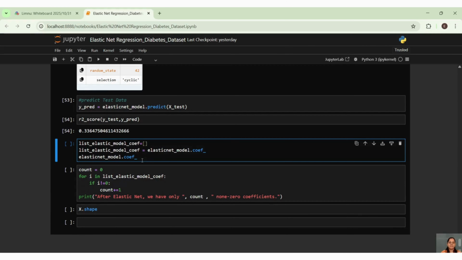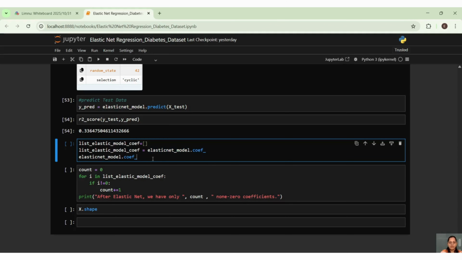Now what is the next step? I want to know how many coefficients, because lasso has been applied, and it is going to remove the least preferred coefficients, or where the coefficients are 0, it is going to remove, right? So that part I am seeing here. I have taken a list of elastic model coefficients, then I have taken my elastic model dot coefficient. This is a property to get the coefficients, right?